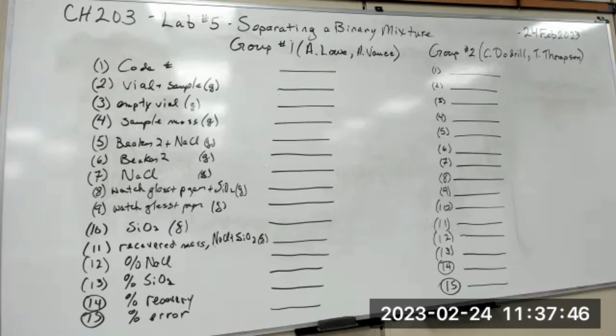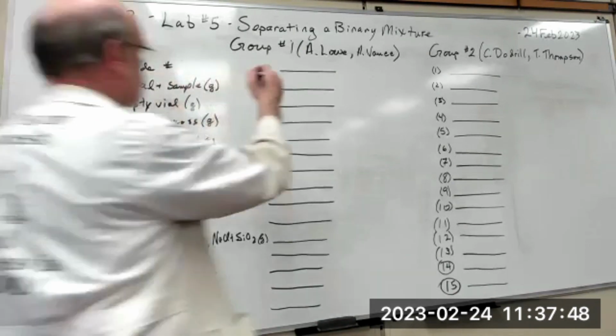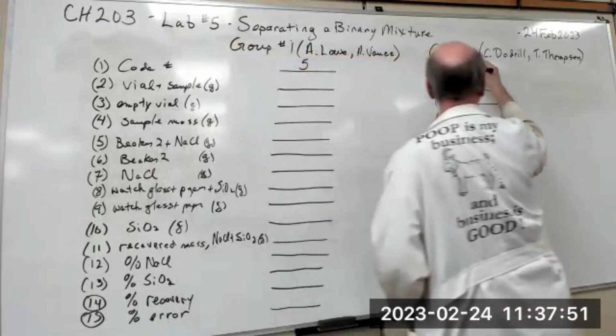So number 5. Mass of bigger tube, the NaCl. Do you pour the sand in between